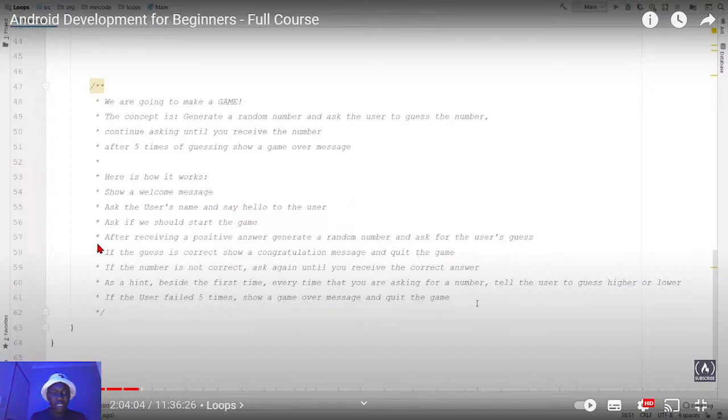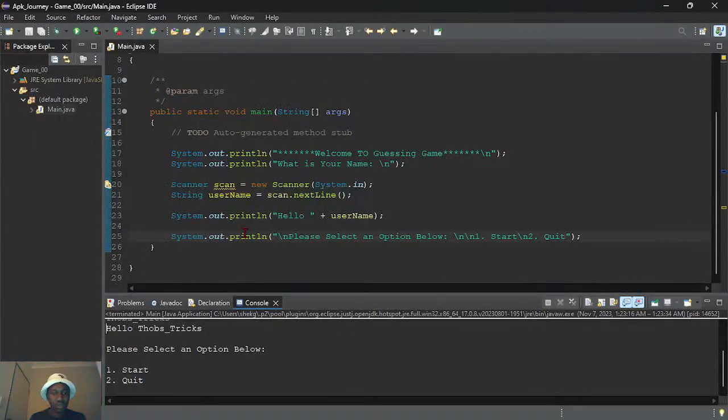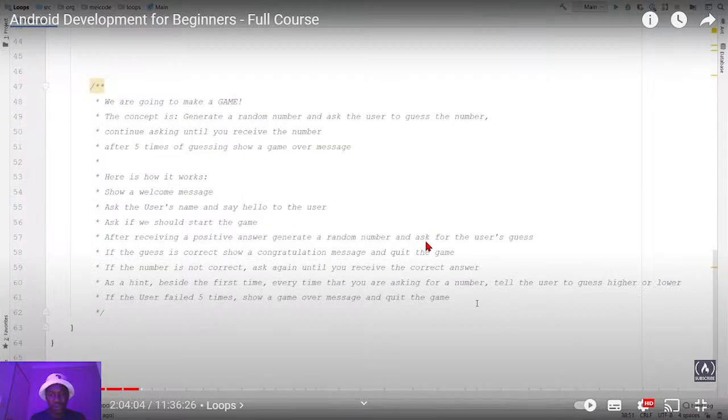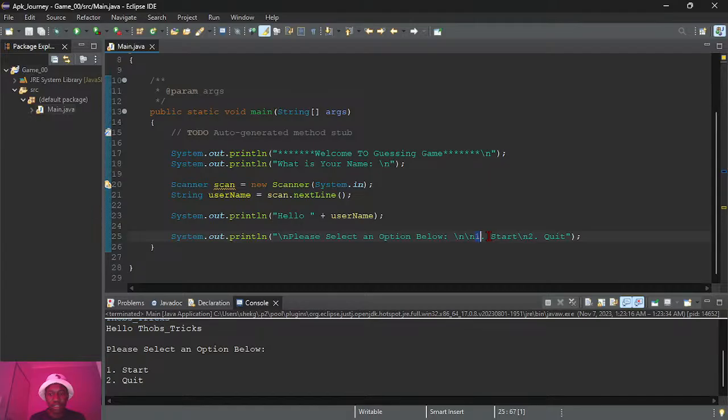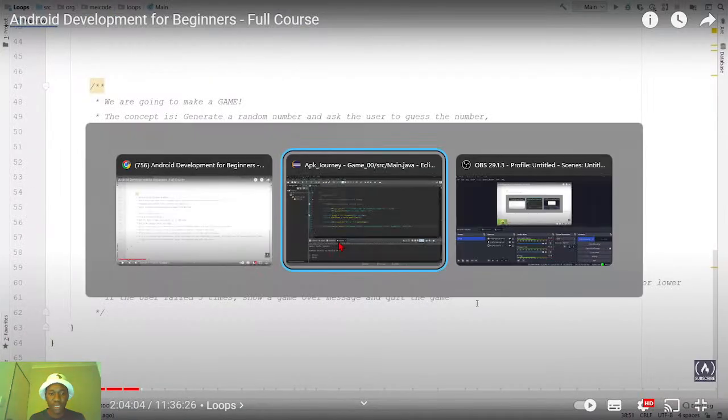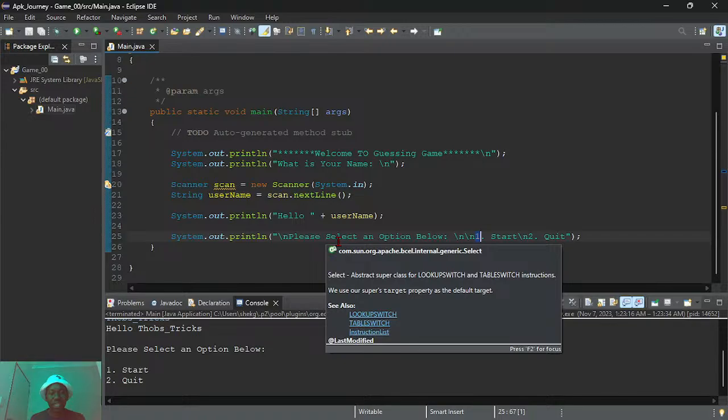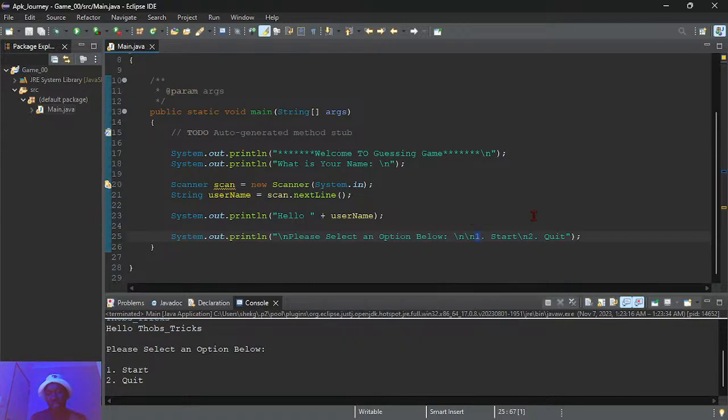So this part here, after receiving a positive number generated, if the user selects one, then we do this. Otherwise, if the user selects two, then it's quit. Technically you quit the game before it even started. And then if the user inputs anything other than one or two, then I don't know if we should force the user to input the right thing, or we should just tell,